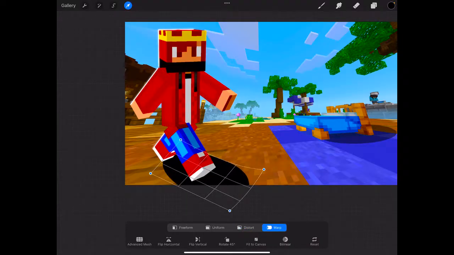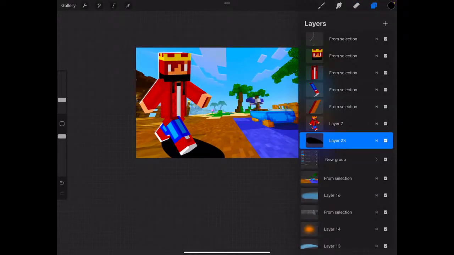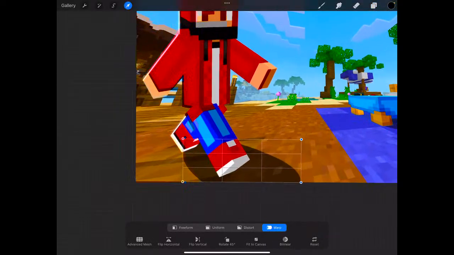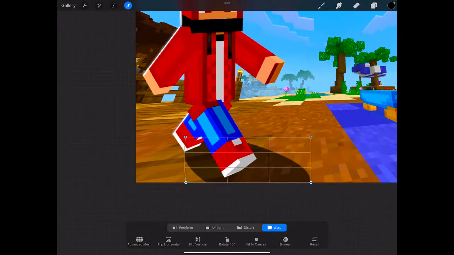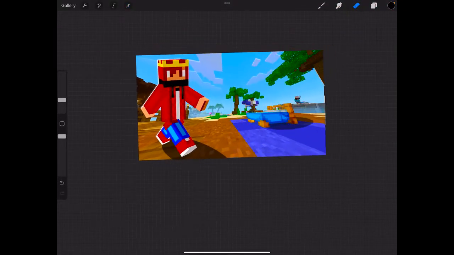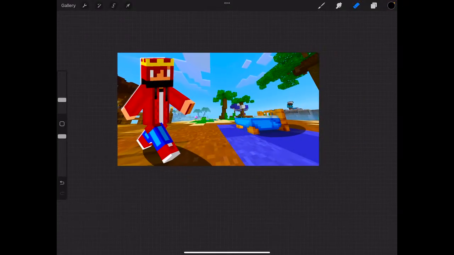We'll do warp so that we can get this going. There we go. Okay, so I feel like that looks pretty good. Let's see how it looks with it. There we go. I really like that. And we'll bring that out because they're also pretty tall. Okay, so now it actually looks like he's on the island,